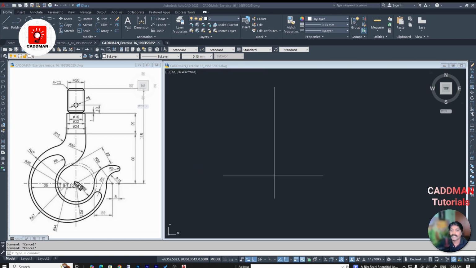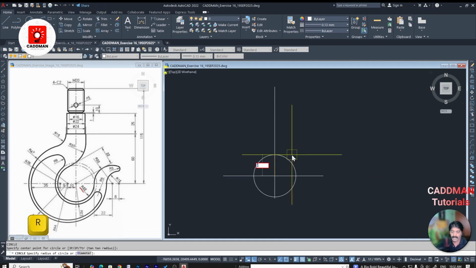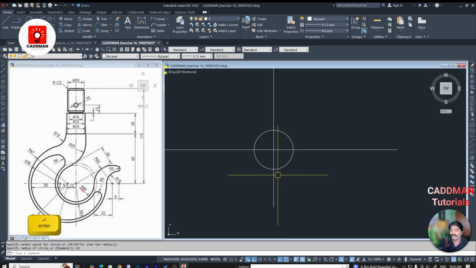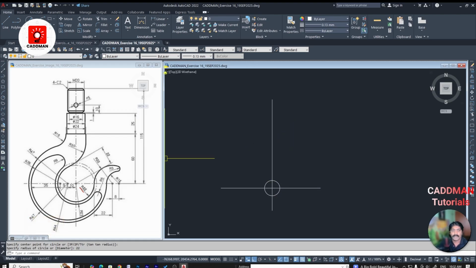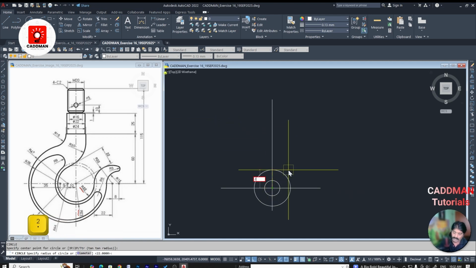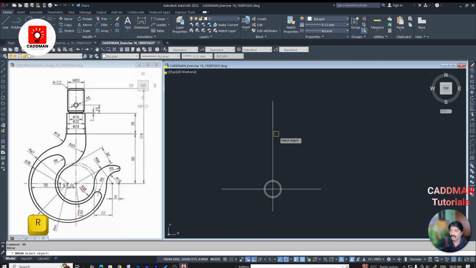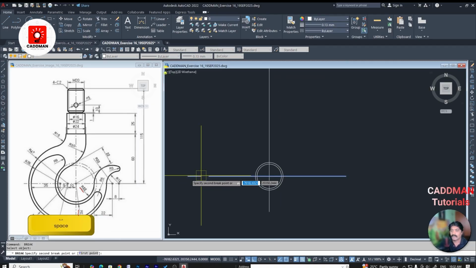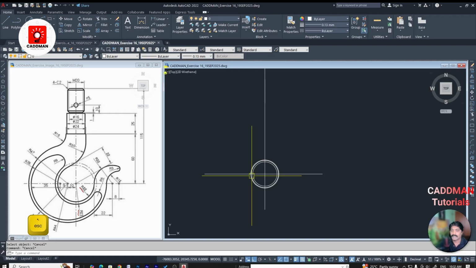and then from this intersection point, try to create this R22 first. So go for C, enter, from this intersection point, say radius 22. Similarly, let's create this radius 25 from the same center, or the intersection point of these center lines. Say C command and radius 25. So we have got two circles, and let's